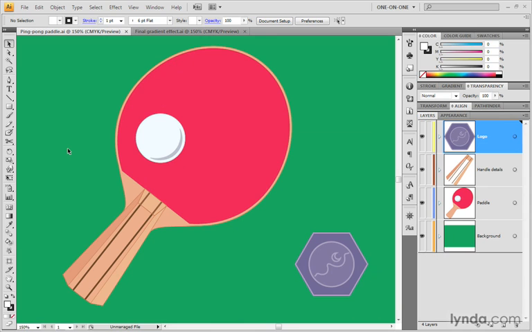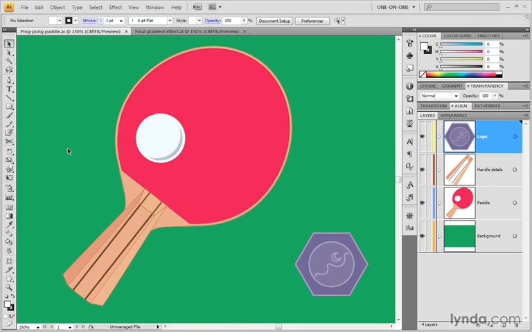Now, I will also say gradients are super powerful inside of Illustrator, and they've gotten even better. We've made a quantum leap in the gradient department here inside of Illustrator CS4, but they are not what I would call approachable. They don't make a lot of sense right up front. The most counterintuitive thing about gradients is applying a gradient to a path in the first place. So let me show you how that works. I'll show you 4 ways that I don't care for, by the way. 4 ways to apply a gradient here inside of this exercise, and then I'll show you a 5th better way